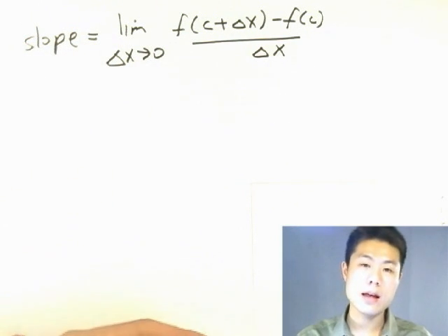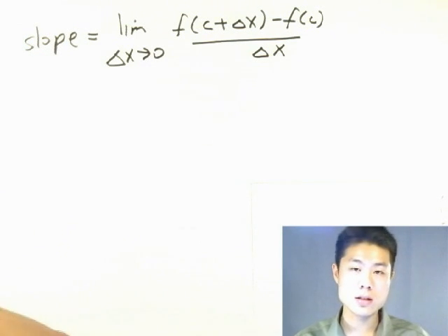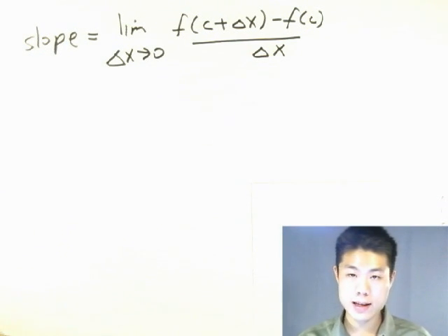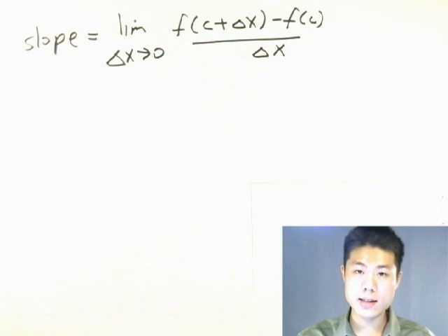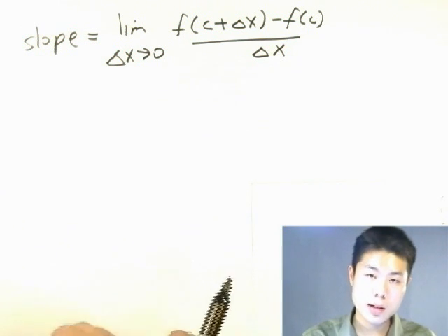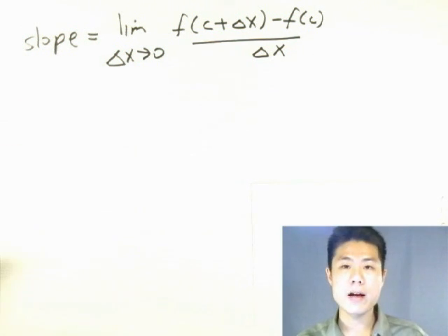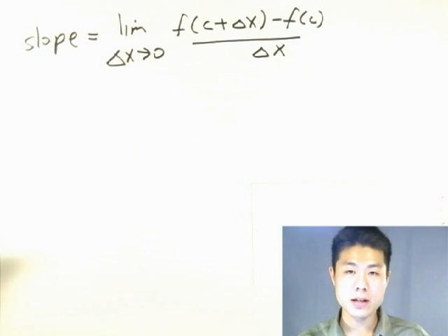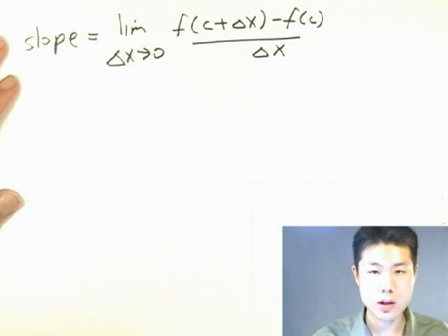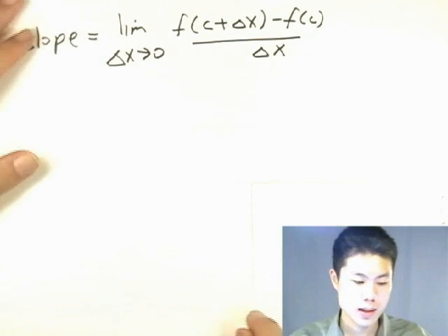We're letting delta x approach 0 so that we can get the 2 points to be extremely close to each other, such that we can find the slope of a tangent line. Right, because a tangent line touches the curve at only 1 point. Okay, so